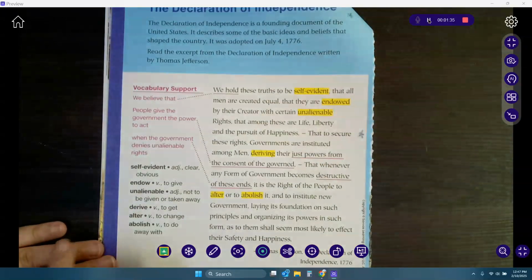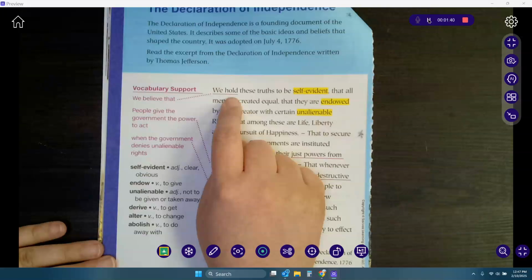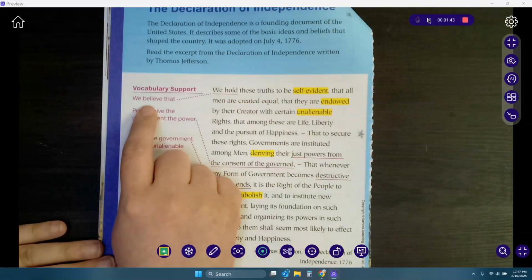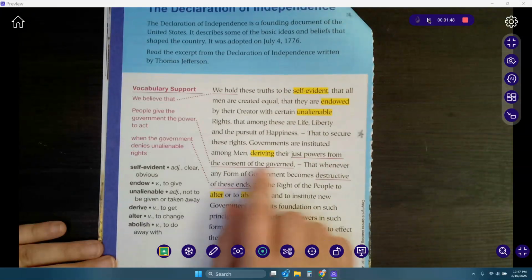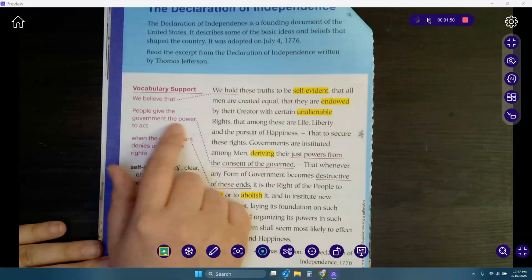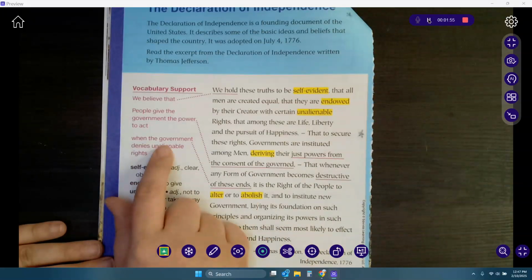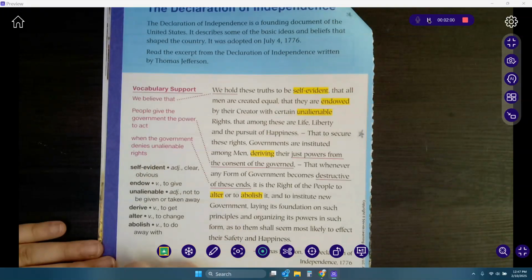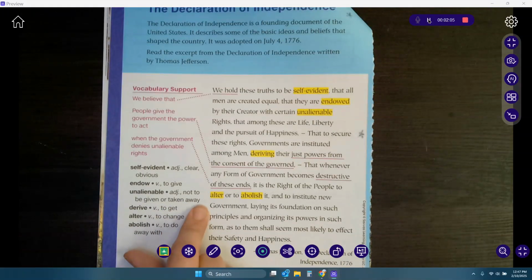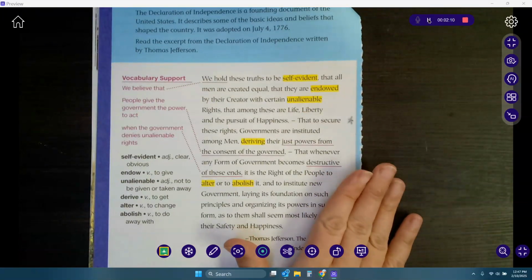Okay, then we have vocabulary support, things that are underlined in our pink. It says we hold, it means we believe. Okay. Then just powers from the consent of the governed. People give the government the power to act. Destructive of these ends, when the government denies our unalienable rights, or when the government says no to our rights that should not be taken away. All right, so we're going to go ahead and read the excerpt at this time, now that we have reviewed